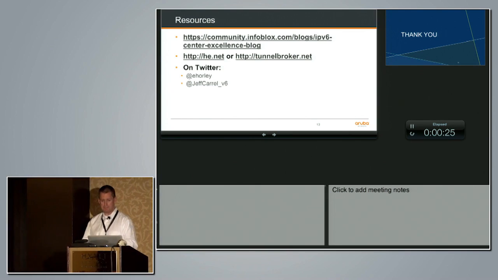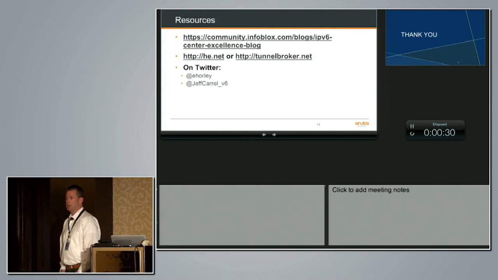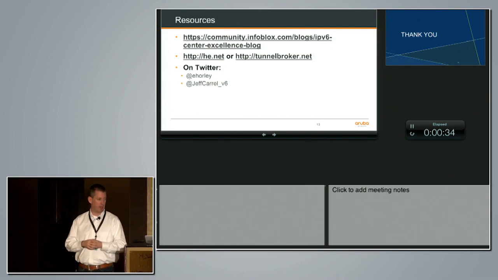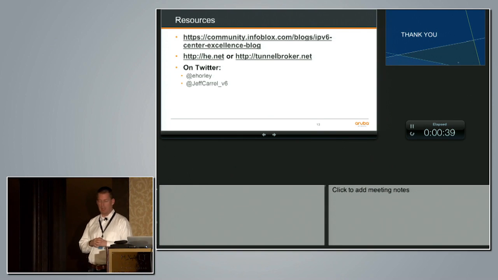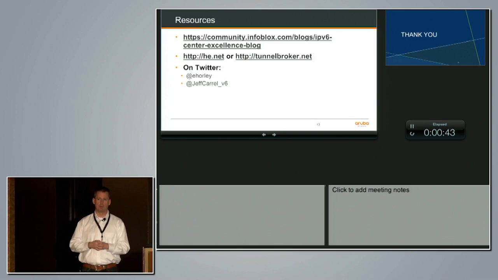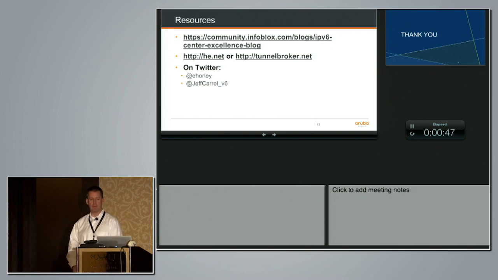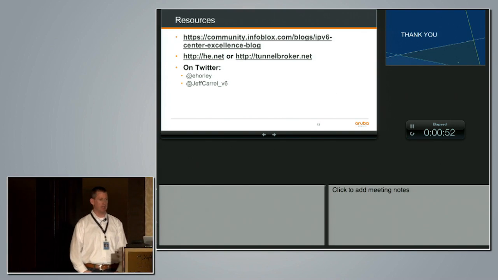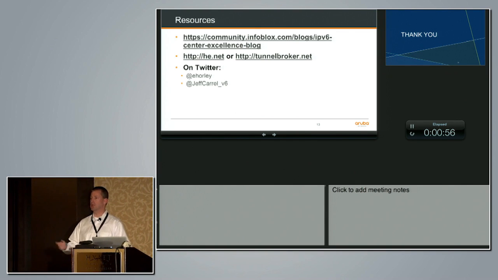The second piece there, the two URLs are for Hurricane Electric. Anybody who's not familiar with Hurricane Electric, they're a service provider out of California. They do a very large backbone across the world, but the biggest thing they have is that tunnel broker address, the second one. You can get a 6/4 tunnel to your house, get IPv6 connectivity, play with it. They'll assign you a /48, so you can go crazy with your subnetting. And they've got a couple of good blog sites there as far as how to set up those 6/4 tunnels.